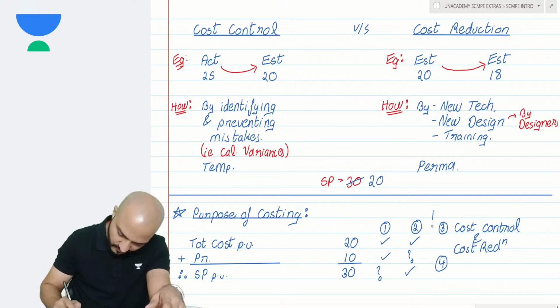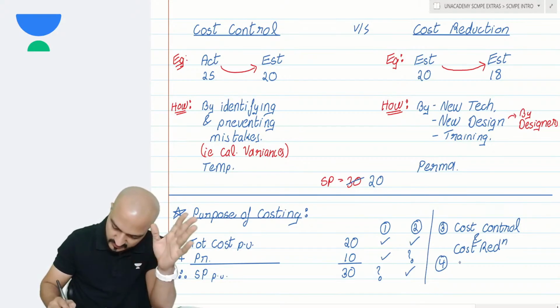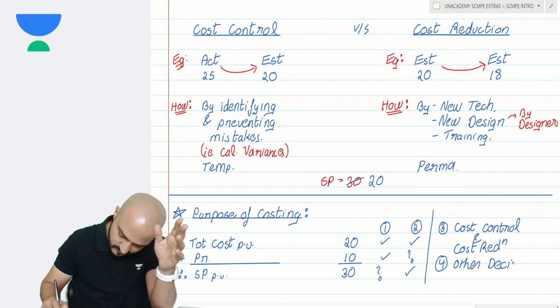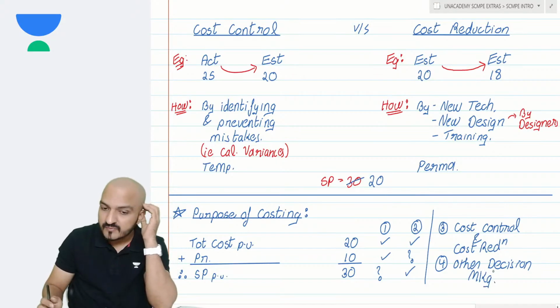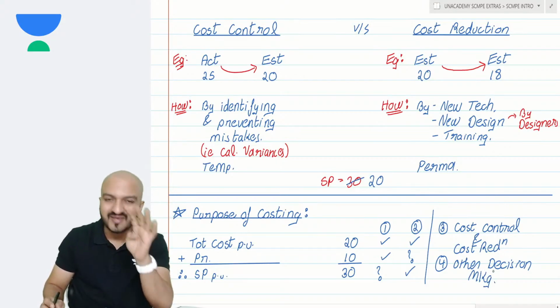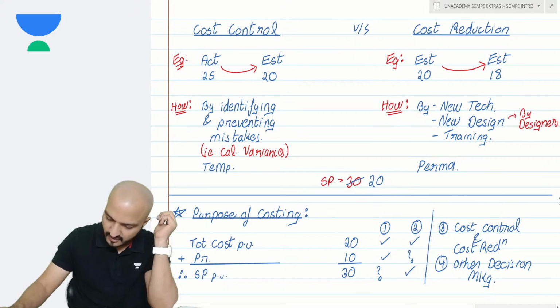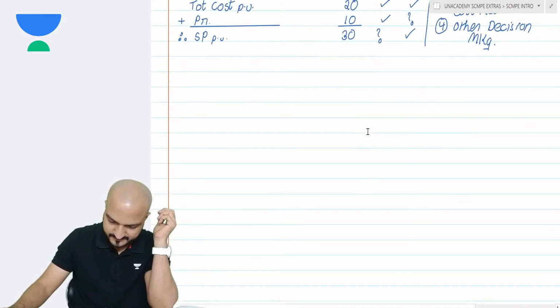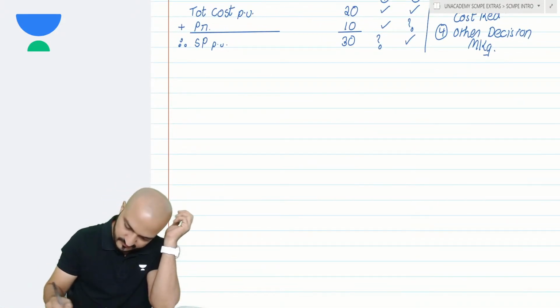And the fourth purpose of costing is general, any other decision making. Yeah, these are considered the four main purposes in my subject of costing. Why do we determine cost? Next in my revision,